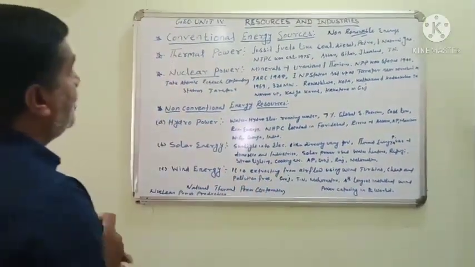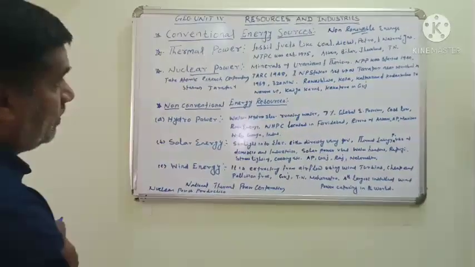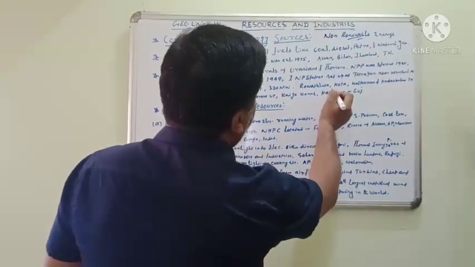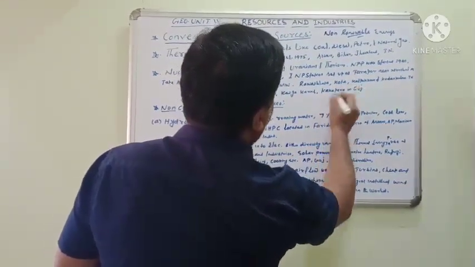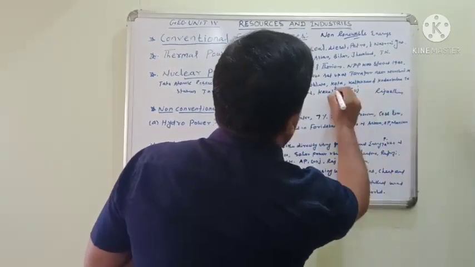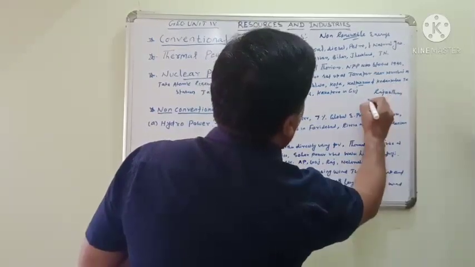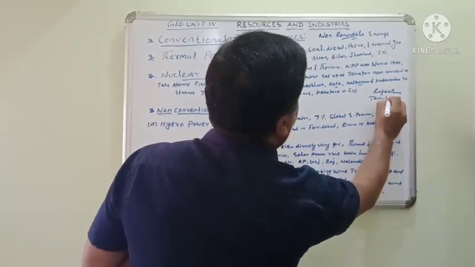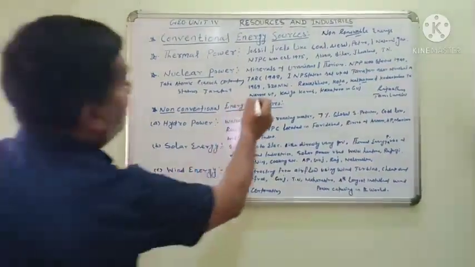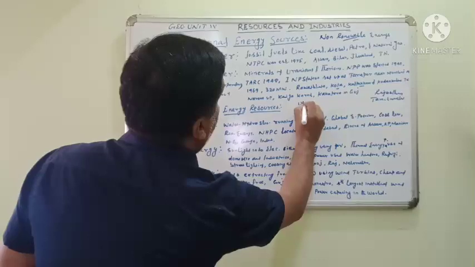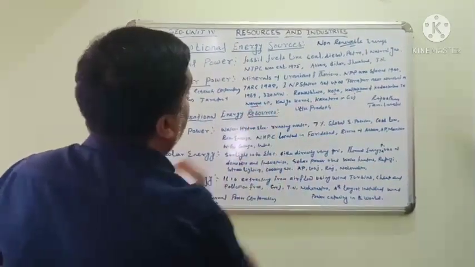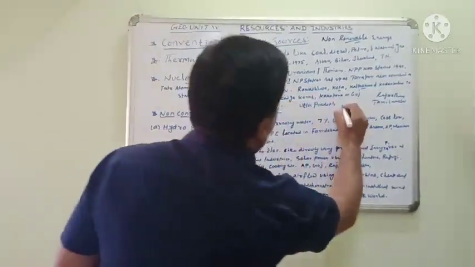In our country, the nuclear power generation areas are Rawatbhata, Kota in Rajasthan, Kalpakkam and Kudankulam in Tamil Nadu, Narora in Uttar Pradesh, Kaiga in Karnataka,